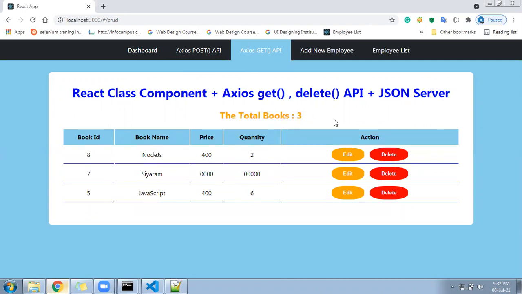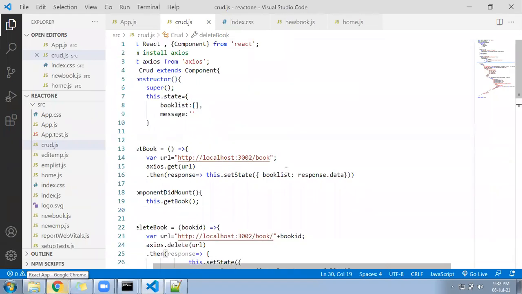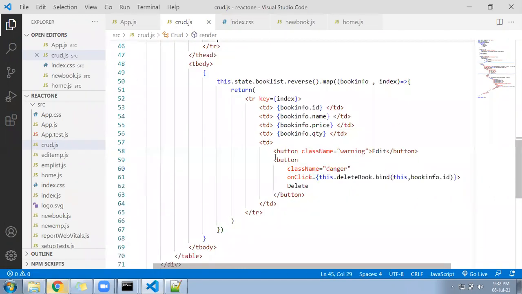Okay, now we are going to see the code level of what we have written, so how it's happening. So I'll go to the code. It's simple code, nothing difficult. Okay, so first I'll come to my code, and in the previous video there was no action tab and no button called edit.